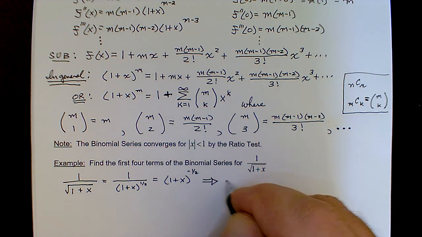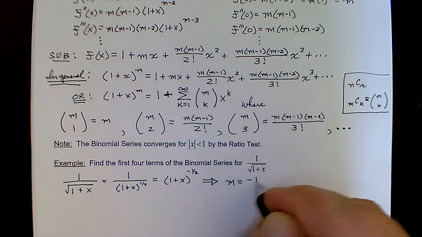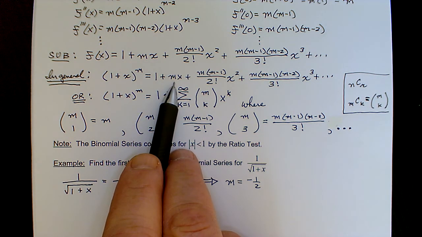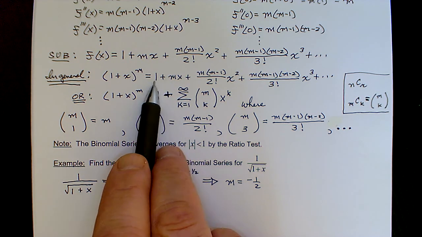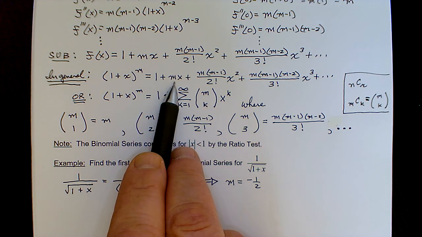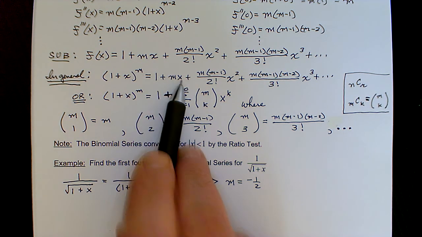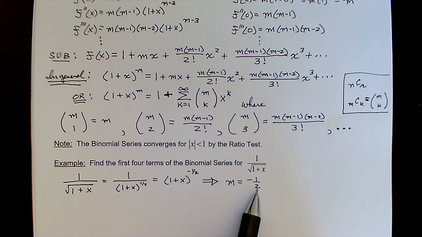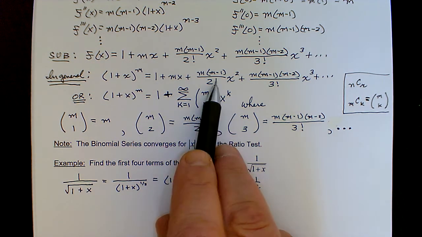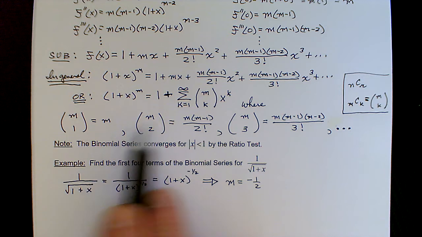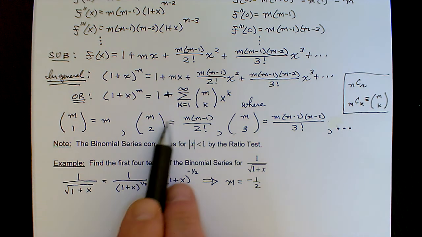So that just tells us the value of m is negative 1/2. And so basically all you have to do, if you look at this definition, you actually have the first 2 terms already, because 1 is always the first term, and then mx, and m in our case is negative 1/2. We just have to calculate these coefficients, which could be given by our combinatorial